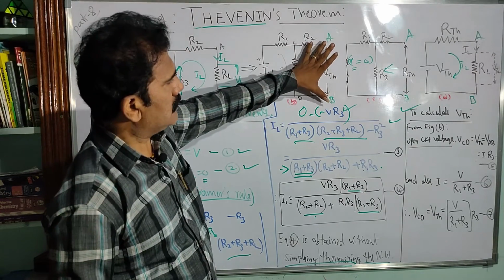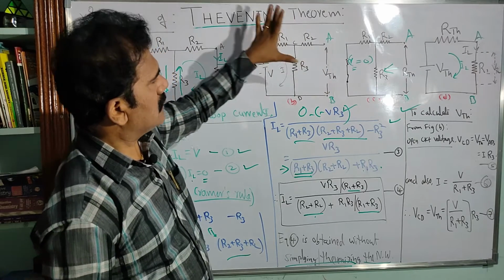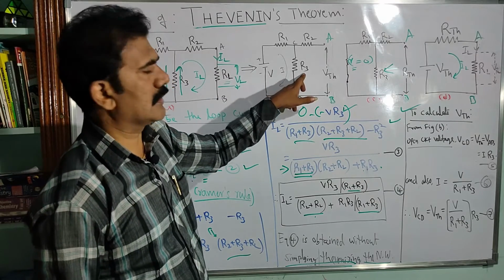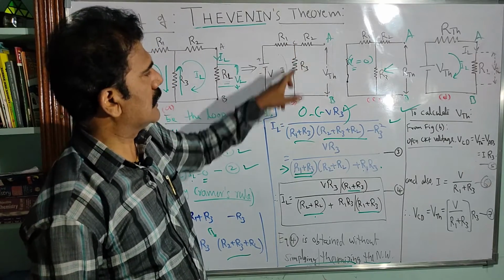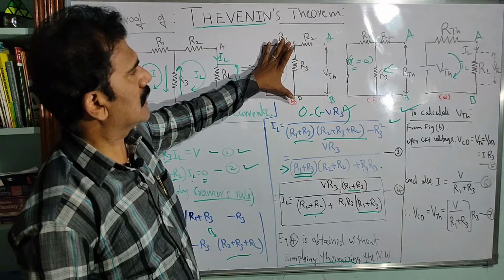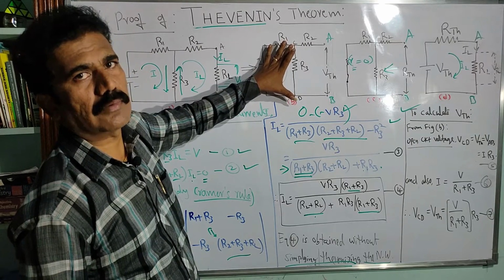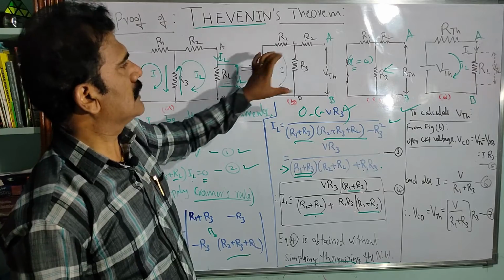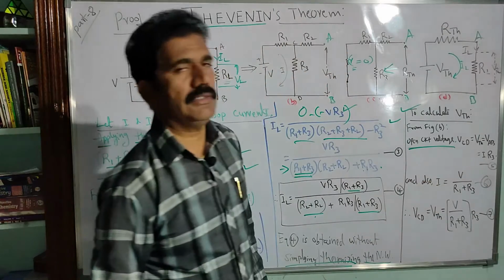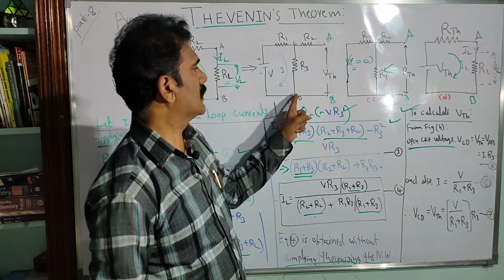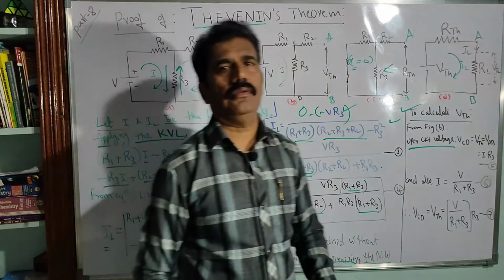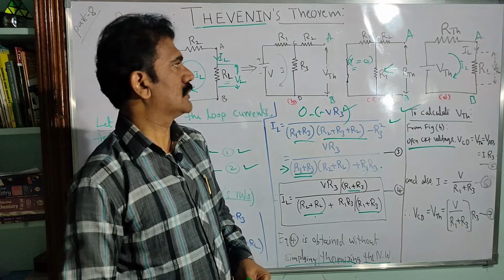The voltage across open terminals A and B is the same as the voltage measured across R3, because across the source which resistor do we have? We have only R3, isn't it? Only R3. Let us call the terminals C and D here. Whatever voltage you measure across A and B is the same as the voltage across the resistor R3, across the terminals C and D. That is actually called VTH, right? So from the open circuit voltage, VCD, the voltage across CD, is equal to VTH, and it is also equal to VAB, the same voltage across the terminals A and B.